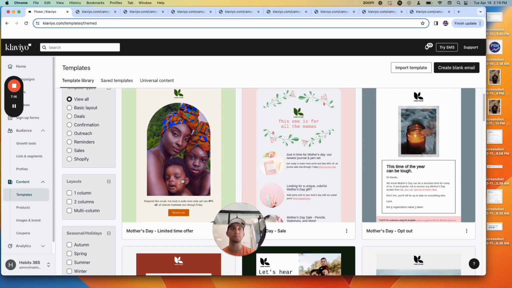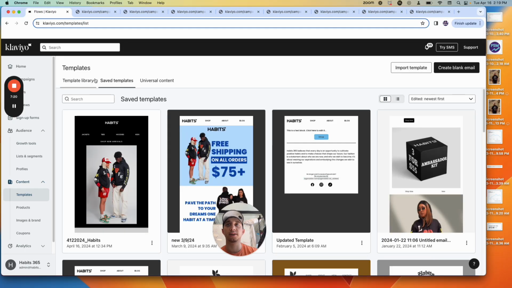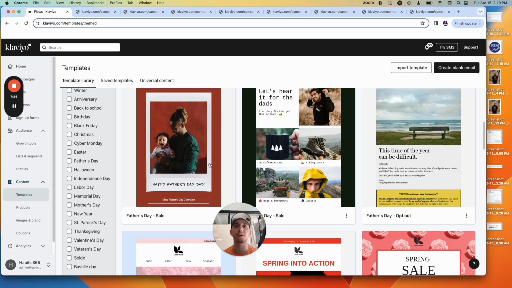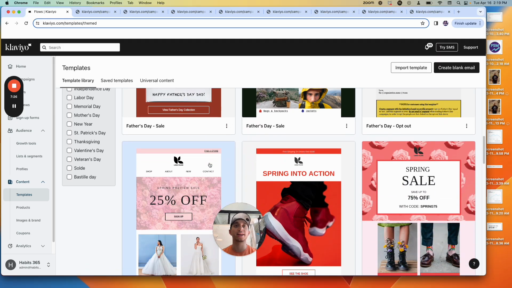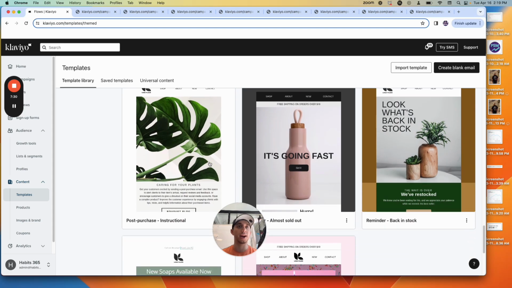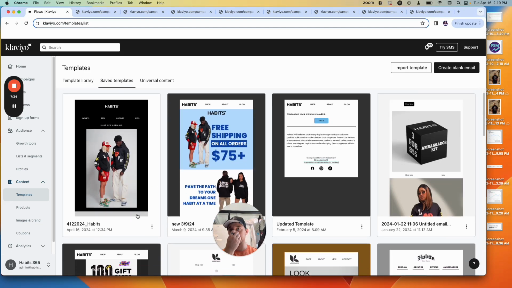This is honestly even more important. So what I want to go over with you guys is the templates library first, right? So for our emails, we want to make sure they're very branded, okay? There's a whole bunch of emails here that you guys can try out, and I think there's a lot of good options. I'll just show you a template that we made recently and kind of